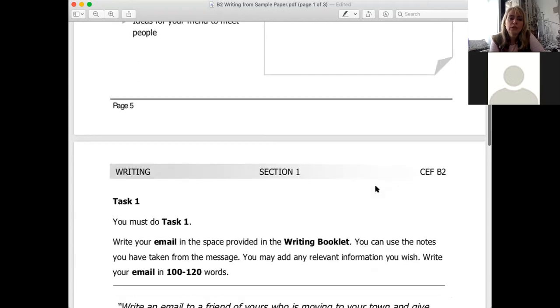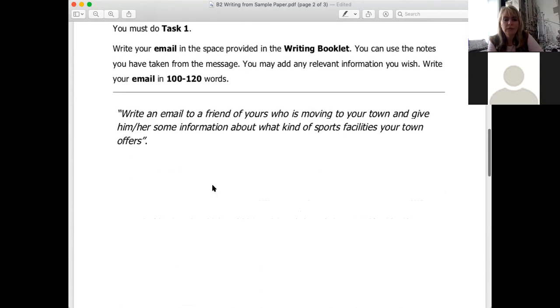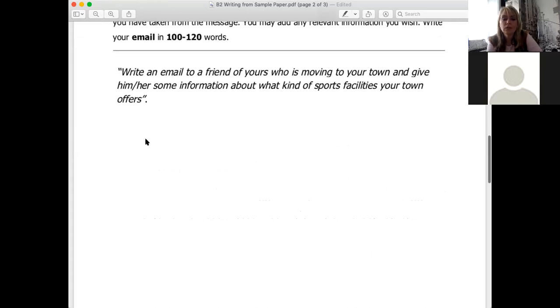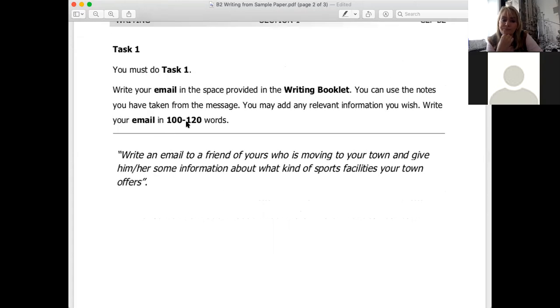After this, it says, you must do task 1. Write your email in a space provided in the writing booklet. You can use the notes you have taken from the message. You may add any relevant information you wish. Write your email in 100 to 120 words. So here is the task again, right? They open the booklet and they write the composition, which is 100 words,